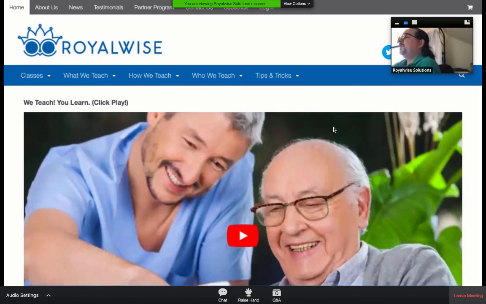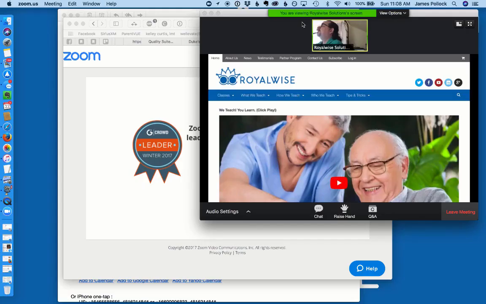And we'll have to see a couple things that have happened now. We've got our view options up here in the top now where we can actually say exit full screen if we don't want it to take over our whole screen. And we've got the same situation where our menus may disappear on us, but down here we have our chat, our raise hand, and our Q&A. And then if I get out of full screen,